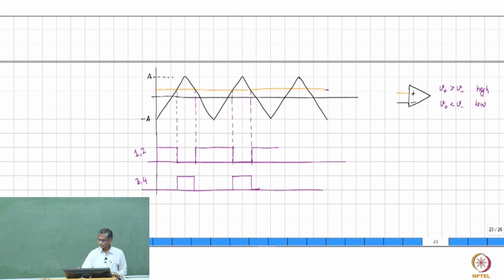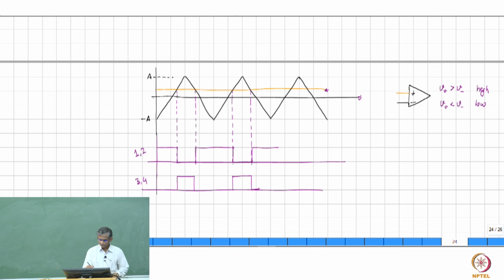Suppose the value of this analog voltage is equal to 0, how much will the duty ratio of these signals be? Half, which means that the armature voltage applied is 0. So the reference, that is the orange line, the level of that orange line is directly indicative of what is the magnitude and the sign of the armature voltage that is then applied, right? So this is a mechanism that allows you to convert the analog output voltage given by GC into signals that are given to the bridge for it to operate.